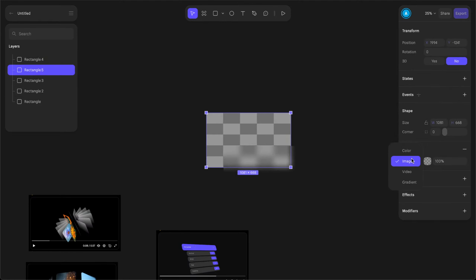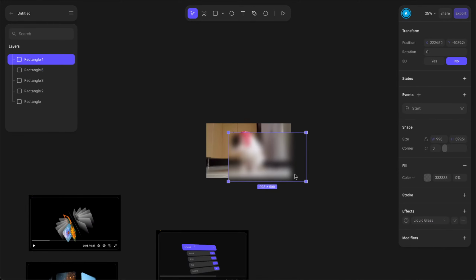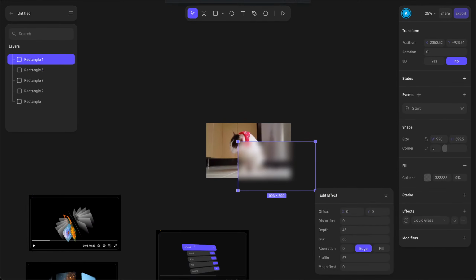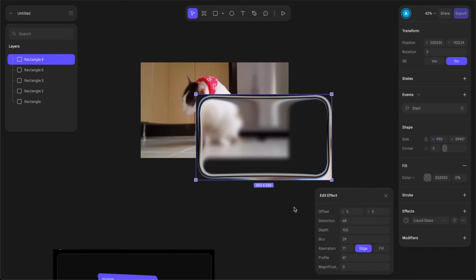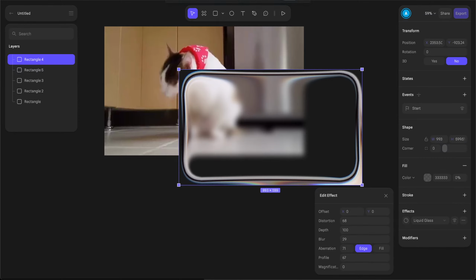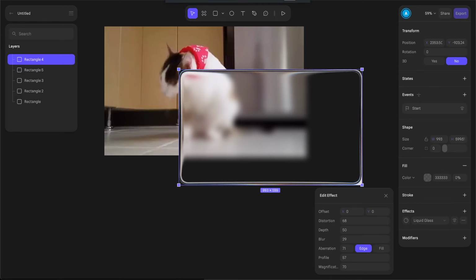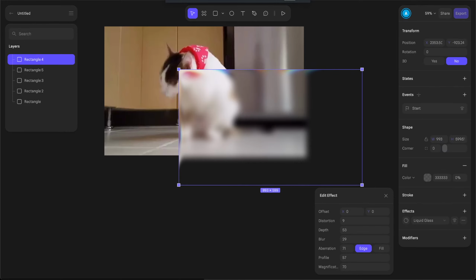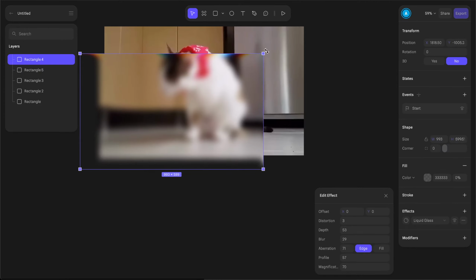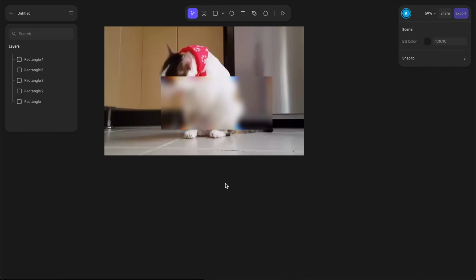Maybe I will switch to a video so it's more viewable. So you can see there's depth, some blur, most blur. We can also give aberration to the material, magnification. So yeah, all in all, this is the glass layer,